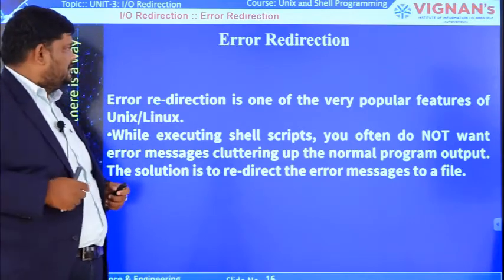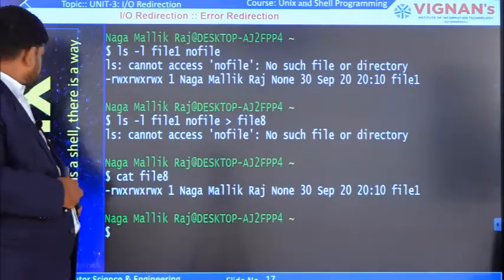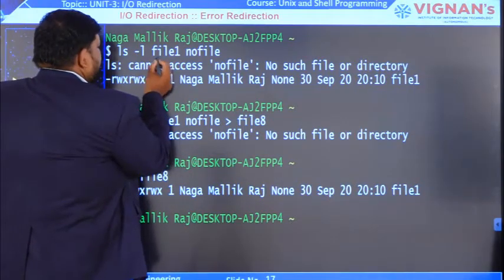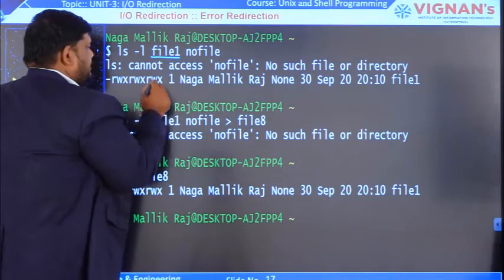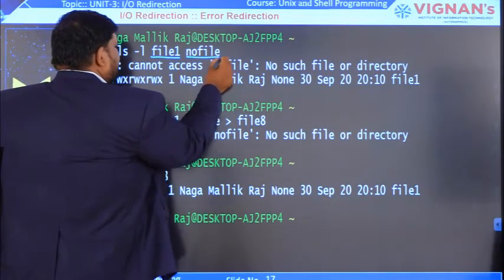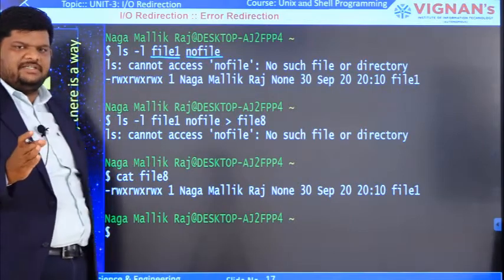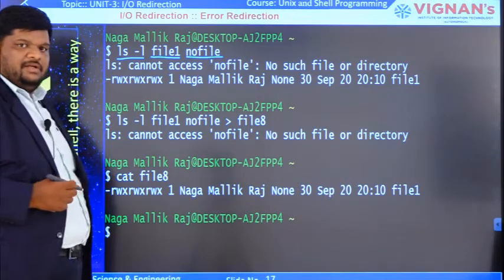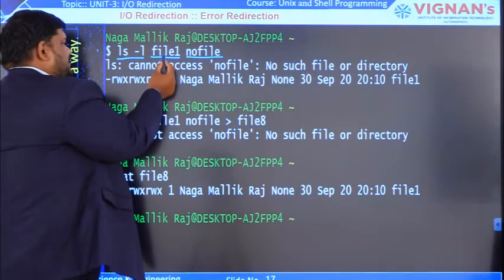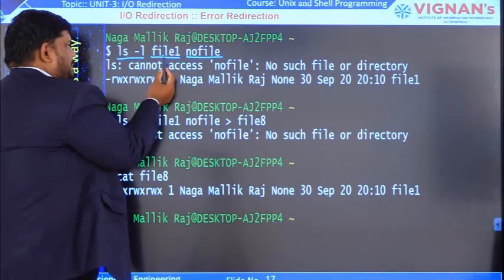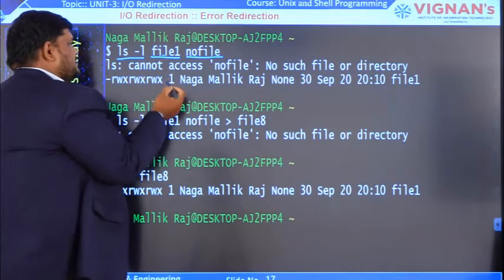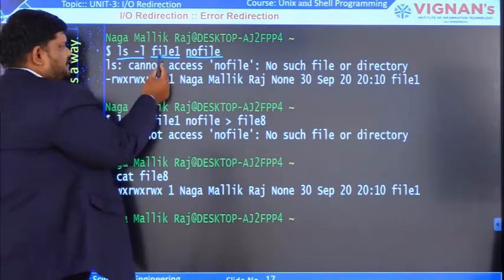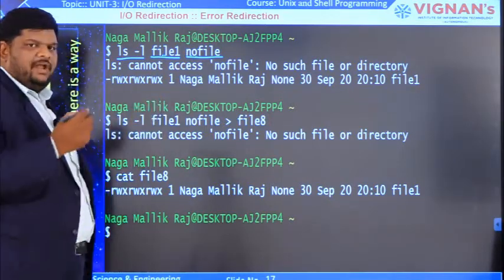Now let us see how this works. See here, we know that file1 already exists. The name itself, I am indicating here, is nofile, which means that file is not present in my current directory. Now the command is ls space option l. The input we are providing is one file1, and another nofile. I want to check the long listing information of these two files, all 7 parameters of information, for file1 and nofile.